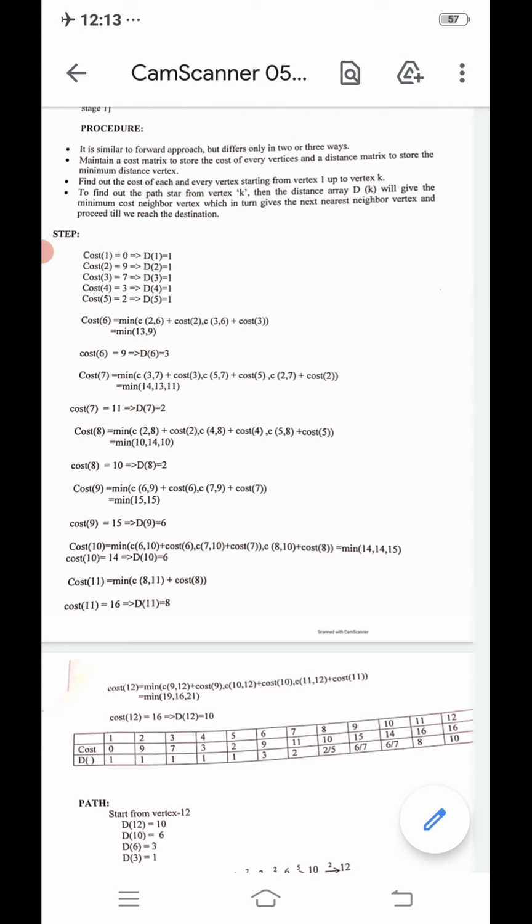Now the destination of 8 will be 2. How we can take it as 2? The minimum value, where we can get the minimum value 10: 2 comma 8, cost of 2 comma 8 plus cost of 2, we can get the value of 10. That's why we can make it as destination of 8 will be assigned to 2, and we can also take it as cost of 5 comma 8 plus cost of 5, it also will become 10. If you have to take destination of 8 will be 2 comma 5, 2 or 5 we have to take.